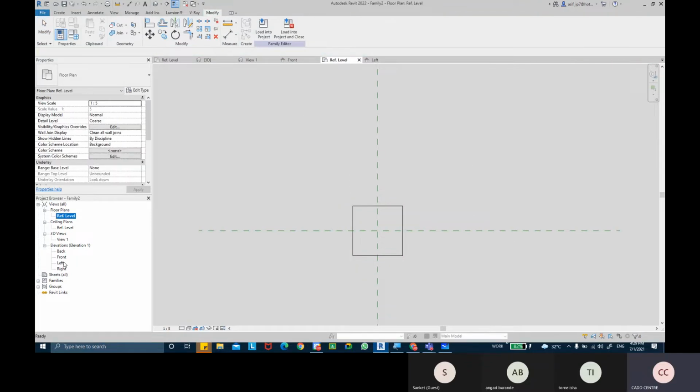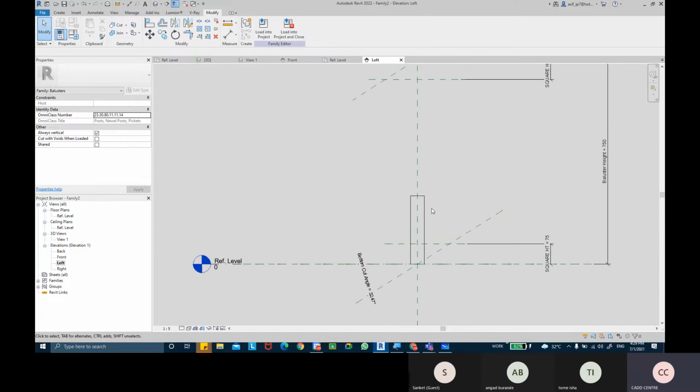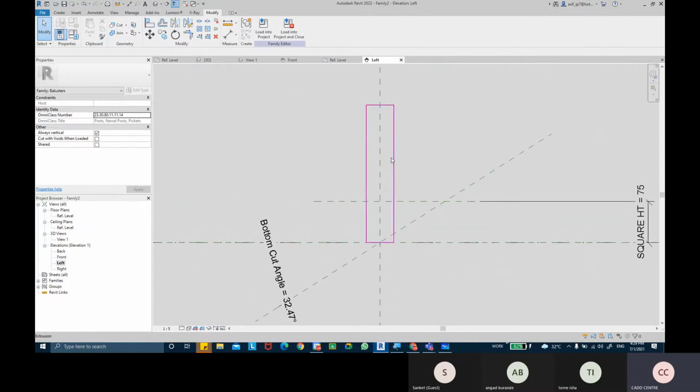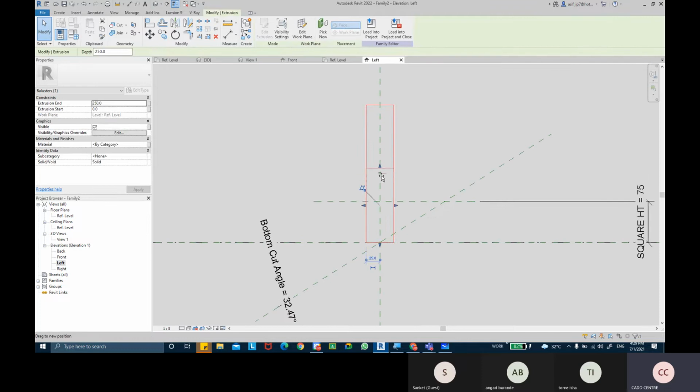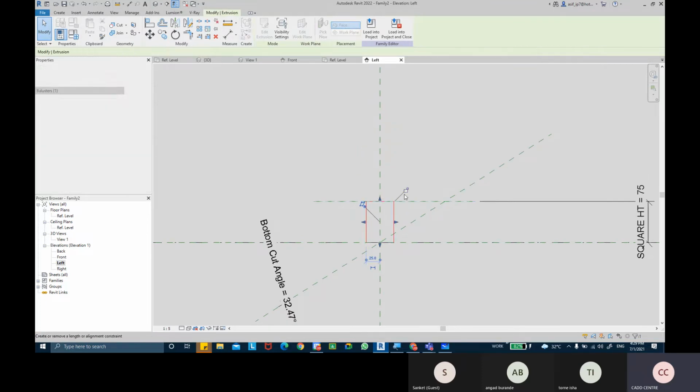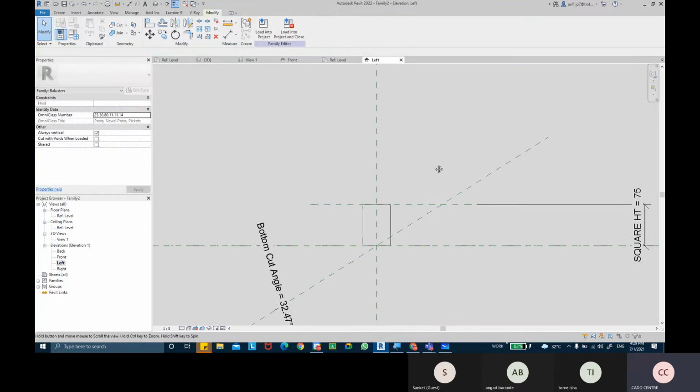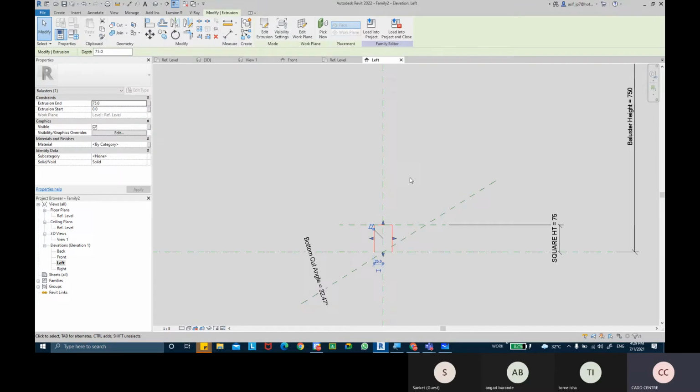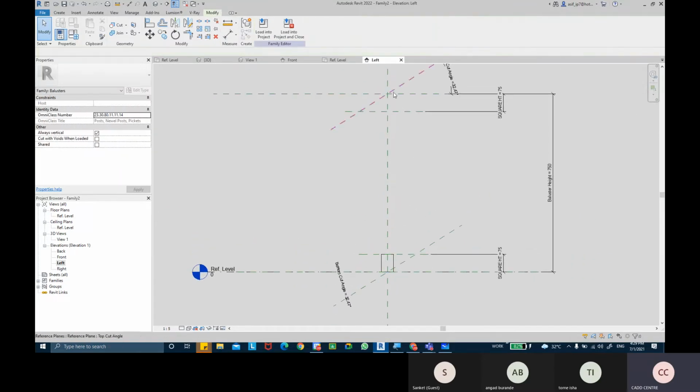Now if you look from the left view, that shape is actually exceeding the height that we have set up over here. So I can select this shape, drag this and lock it to that plane. Okay, so that's the bottom square that I've created. Similarly, I need to create the other top square as well.